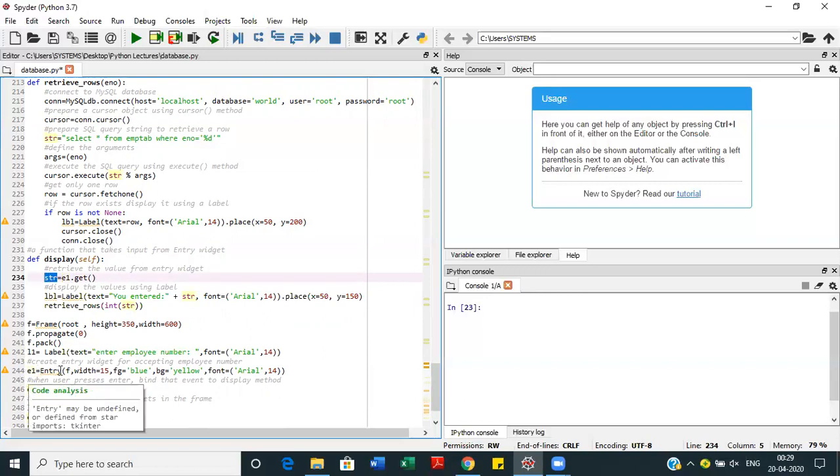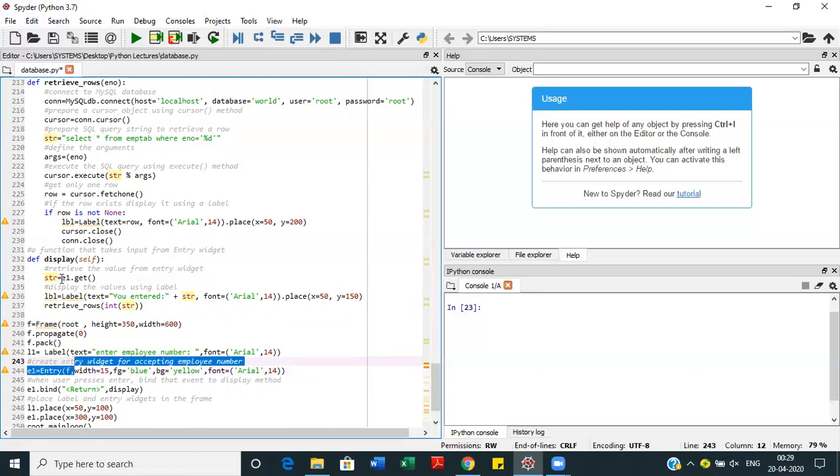So whatever value we pass in this entry widget will be given to this str variable, and then it will show us a message in the form of a label saying that you have entered this particular employee number. Then here again we have given where to place it by using the place layout manager. Then here we are calling the retrieve rows function.